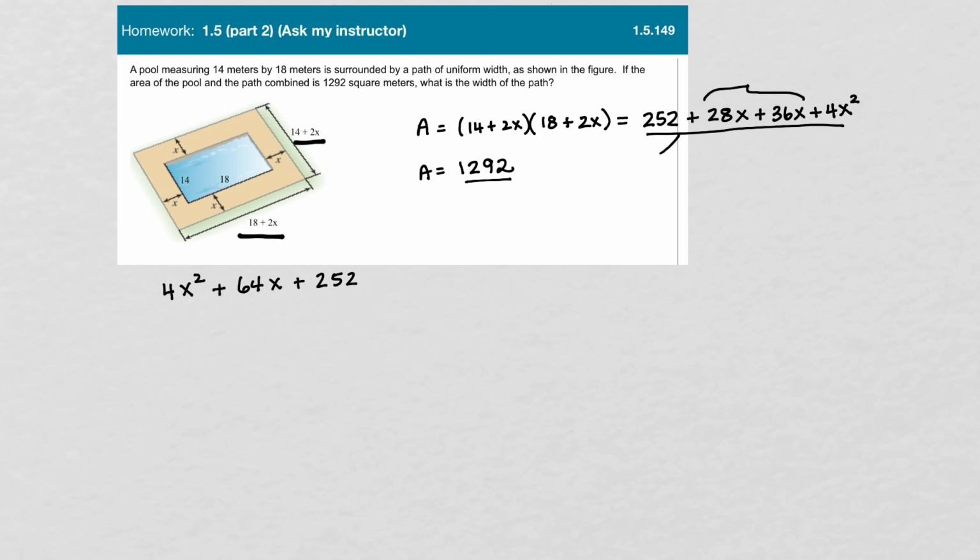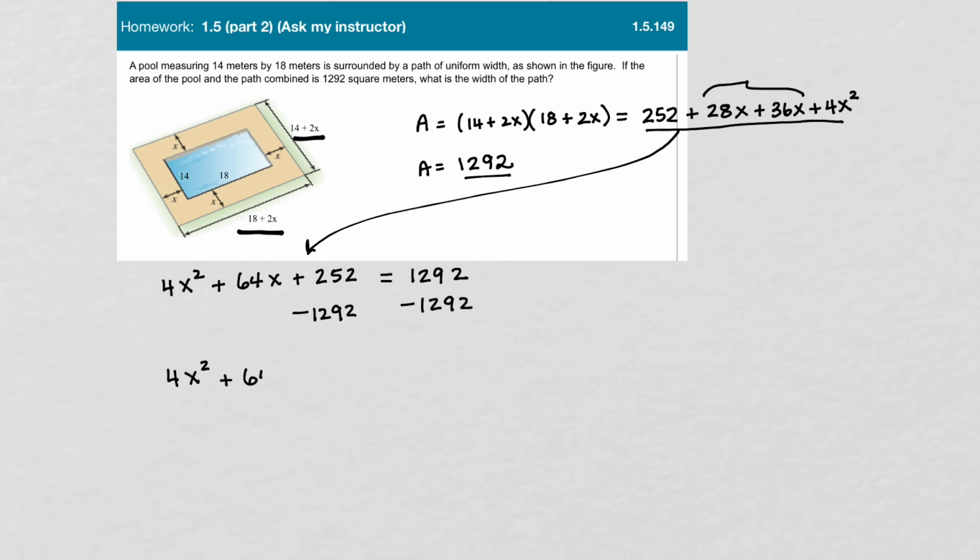So this came over here, and that equals 1,292. Okay, so let's subtract 1,292 from both sides. These numbers are just not fun. 4x squared plus 64x minus 1,040